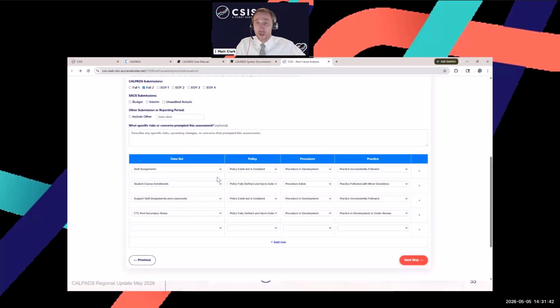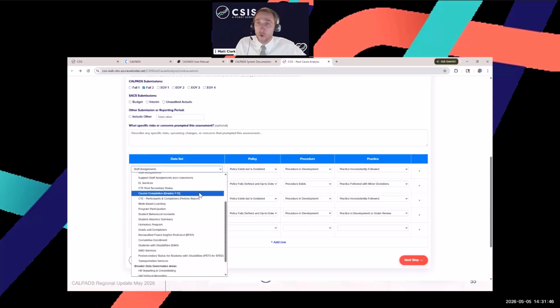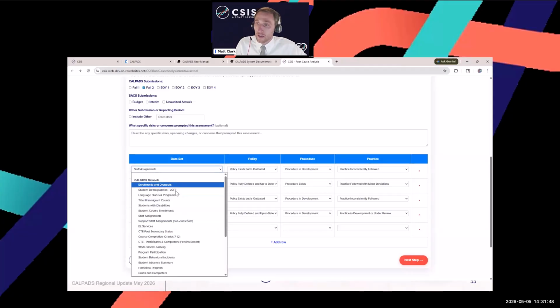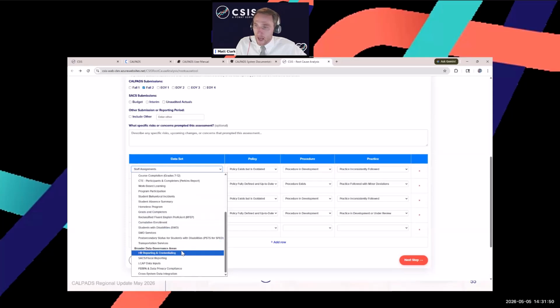Those are just examples. You're able to populate any data set from our drop-down list. And one improvement that we made is that these are no longer limited to the data sets in CALPADS. We have added some broader data governance areas based on feedback from the field. Folks were looking to use the tool to improve some of the data that exists locally but is